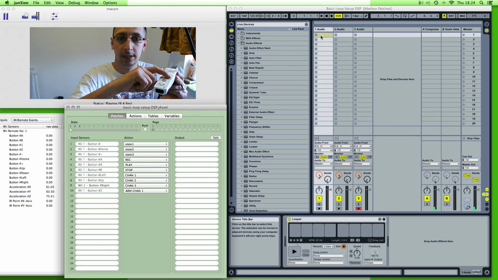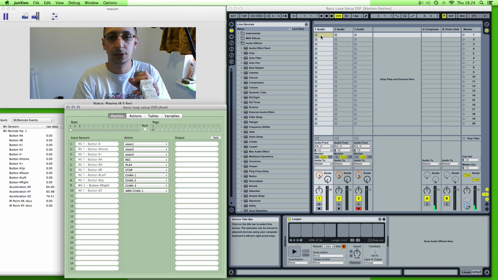So that's the tutorial. Now I'm going to show you a quick sort of demo of what I think it can do, but I'm sure it will get done a lot better by other people. So make sure you're in number 1, state 1, and